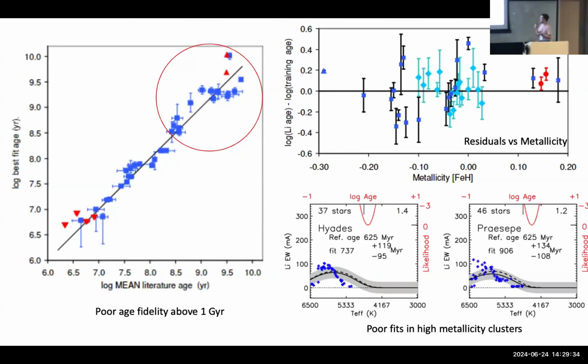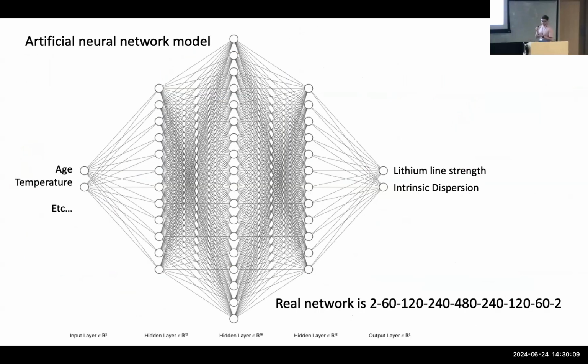But there were issues. As I'm sure you can imagine, we've got a pretty poor age fidelity above about a gigayear, and we'll go into more detail about those in a second. That doesn't appear to be related in any way to metallicity. We've obviously got a lot of other things that were mentioned in the previous talk that may well help with that, and that's what we're going to look at in a second. And then just at the bottom right there, some of the high metallicity clusters that we've looked at as well, we have poor fit to those where the isochrones are not willing to be flexible enough to properly fit that data. And this is reason one for our move into using a neural network.